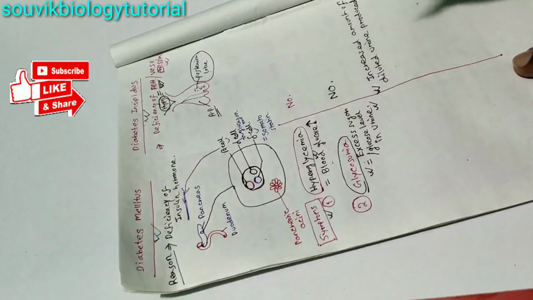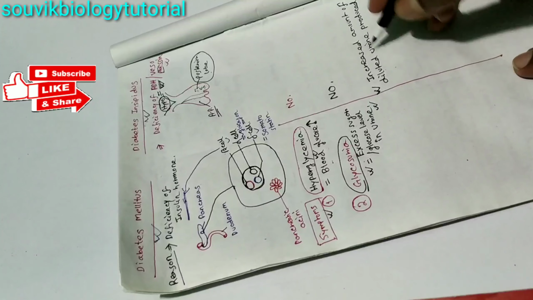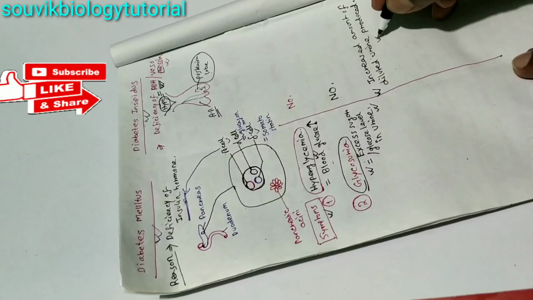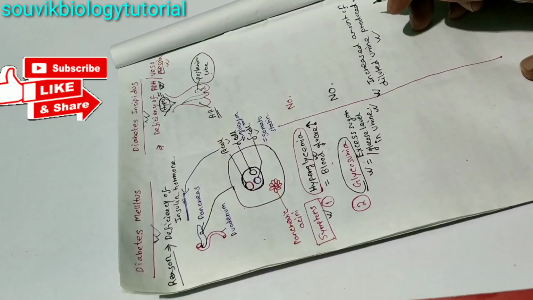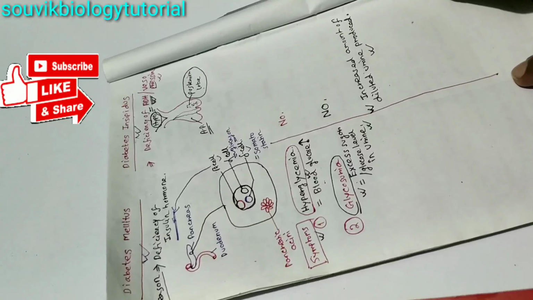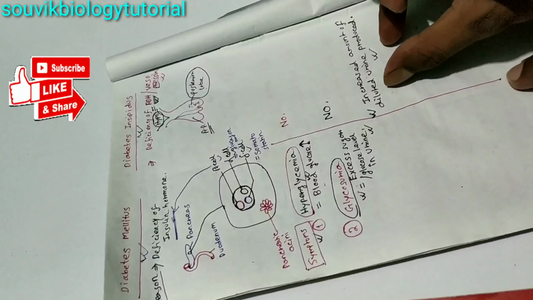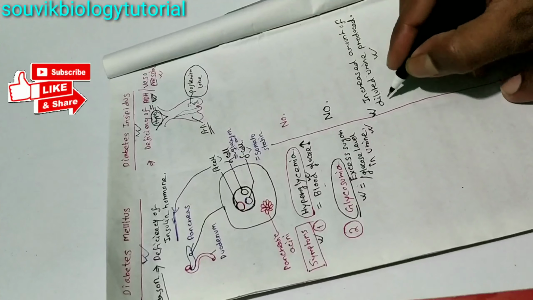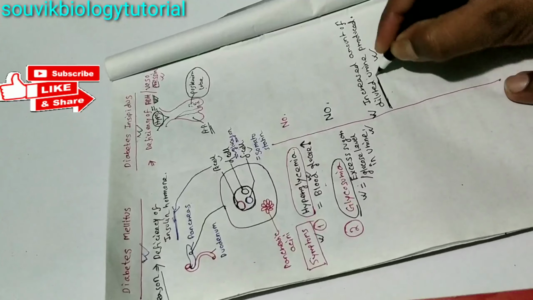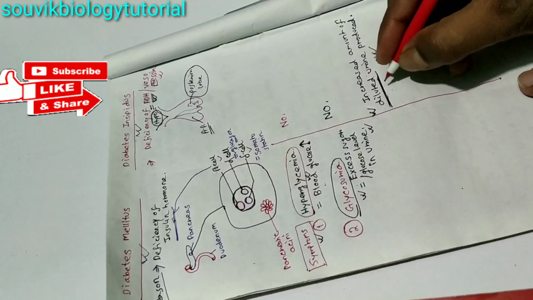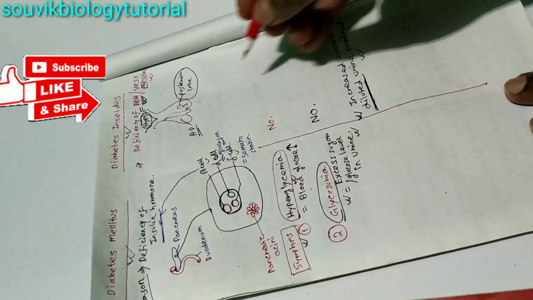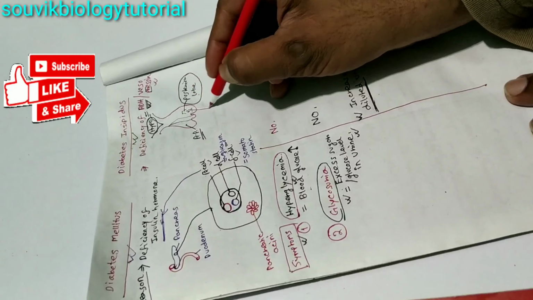Okay, in case of diabetes insipidus, this is the main symptom, increased amount of diluted urine produced. Okay, increased amount of diluted urine. Diluted urine, this is the important term. Why diluted? Because this ADH, when released,